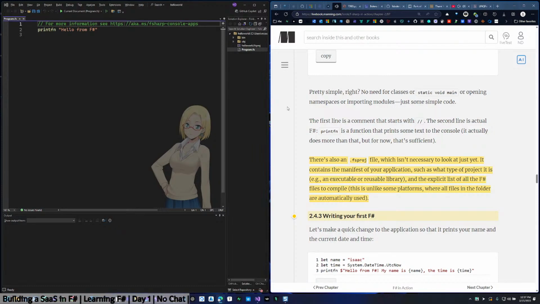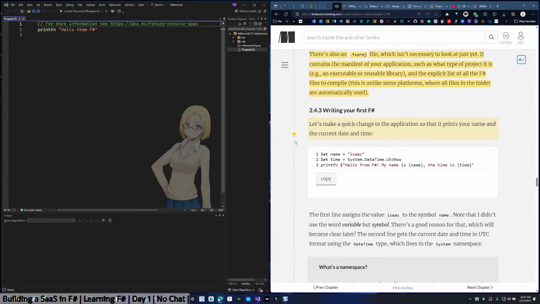Section 2.4.3, Writing your first F#. Let's make a quick change to the application so that it prints your name and the current date and time. The first line assigns